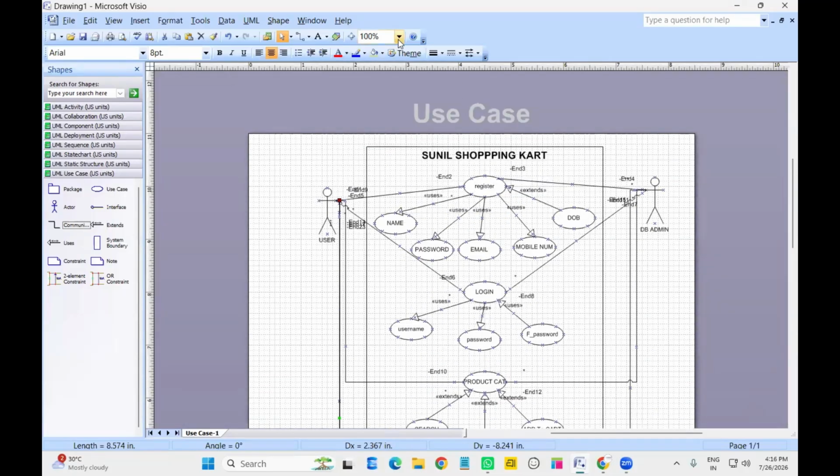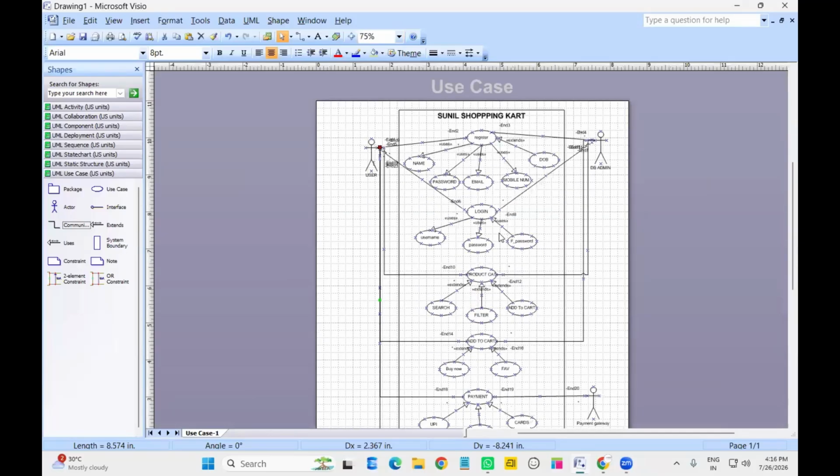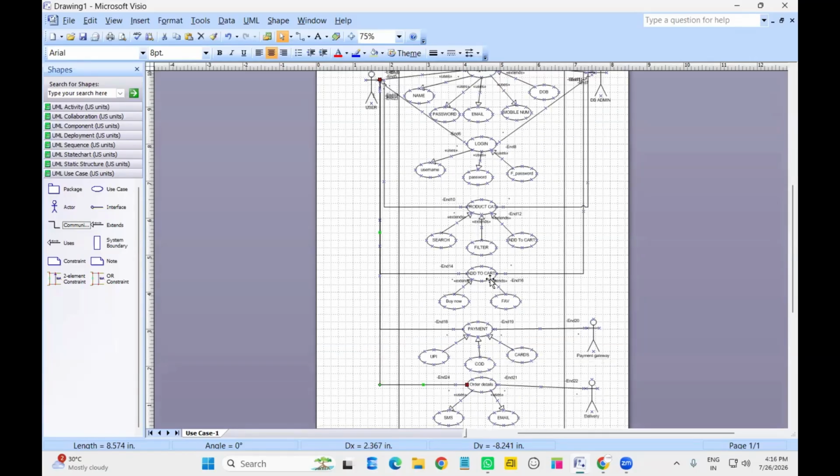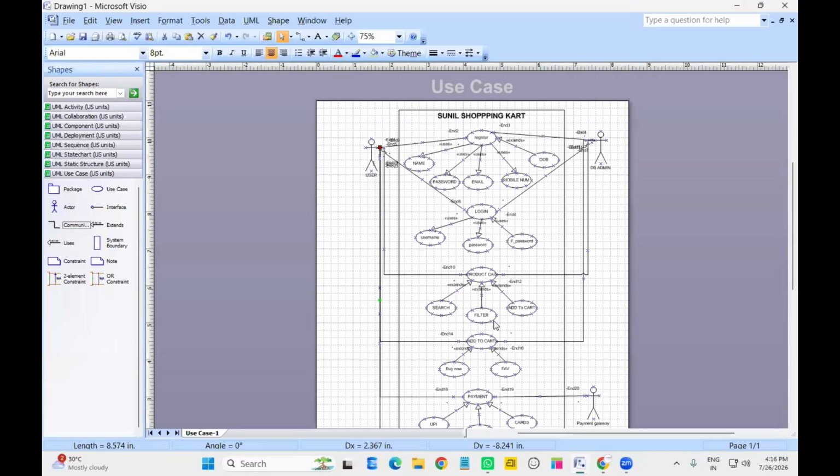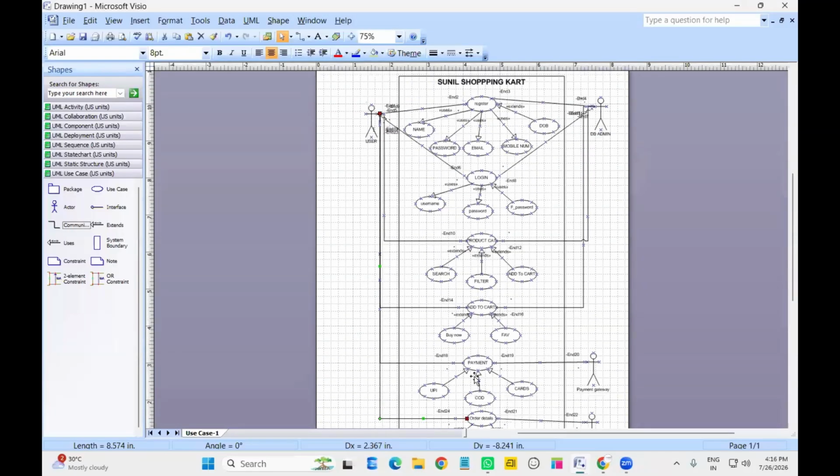So in this way, we will represent the use case diagram to the technical team. The technical team will understand how the user will be interacting with the system. So we are giving the essential use cases like register, login, product catalog, add to cart, payment, and order details. So why we are explaining each and everything means